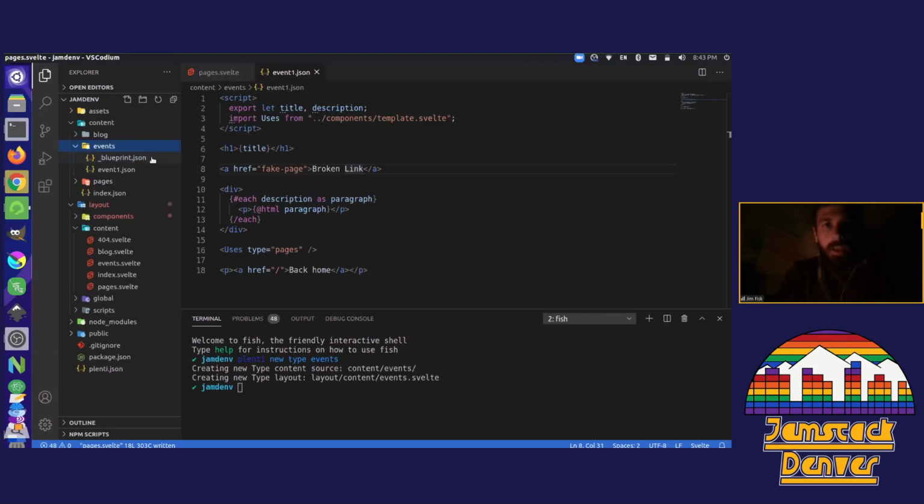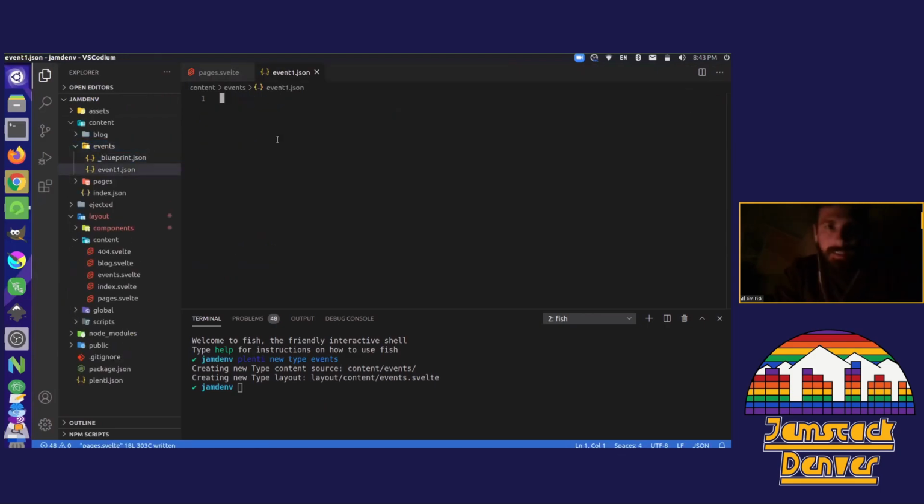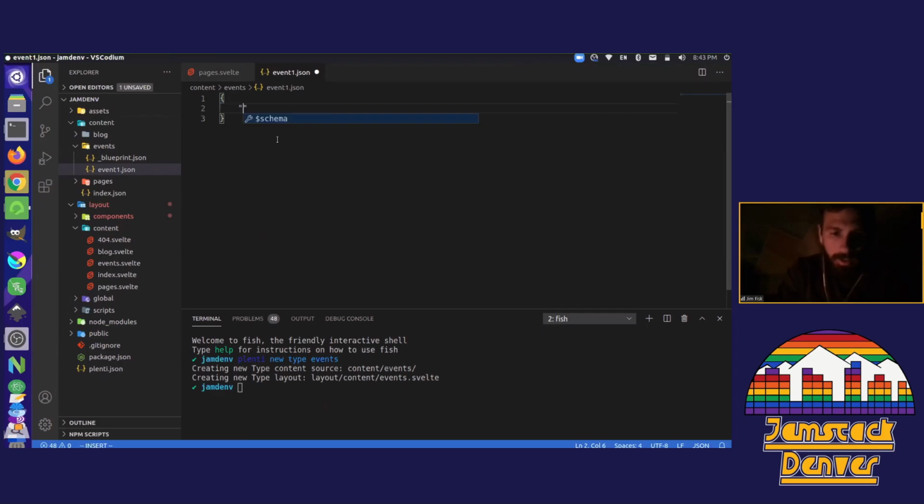And then in your JSON file, you can describe or define any type of content structure that you want. There are no defined fields that you need. You don't need to have a title or a body field or anything like that. You could call it whatever you want. We could call this any, and we could say, this is the first event. And so now we have a content structure. And if I were to save this,